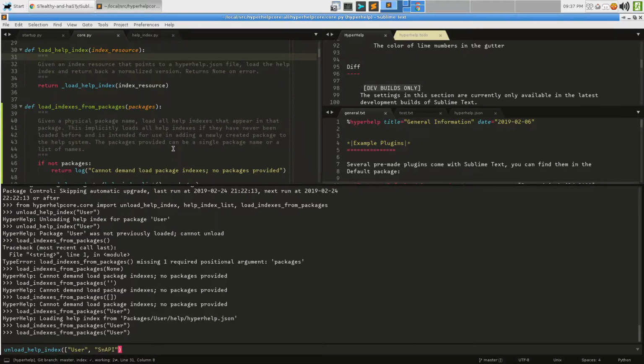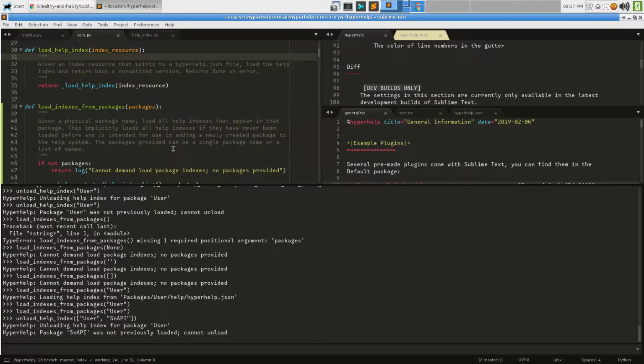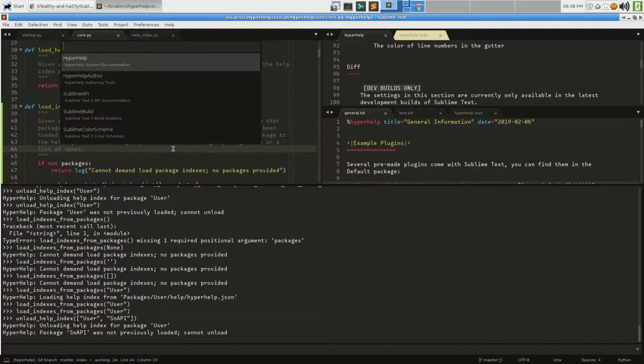And again, we could also say we want to drop the user help, and we want to drop the snappy help. And it would, snappy was not previously loaded, huh? Oh, that's a different name. Well, there may still be a problem there. It's a bit of a mismatch between. Oh no, that's, yeah. Shoot. Okay, our removal thing is maybe not doing what we want,